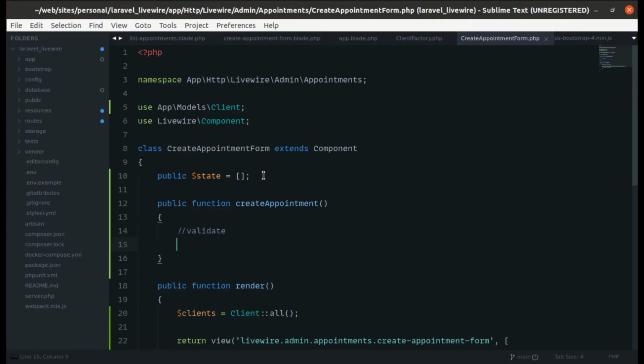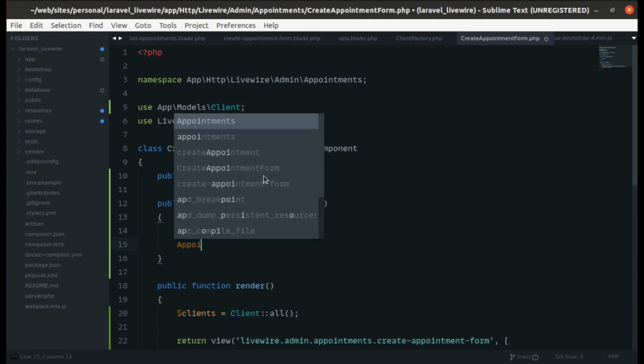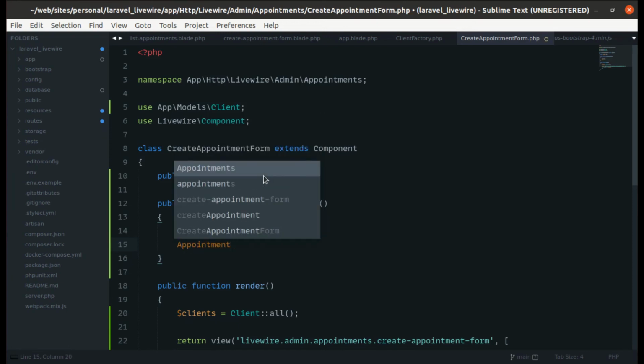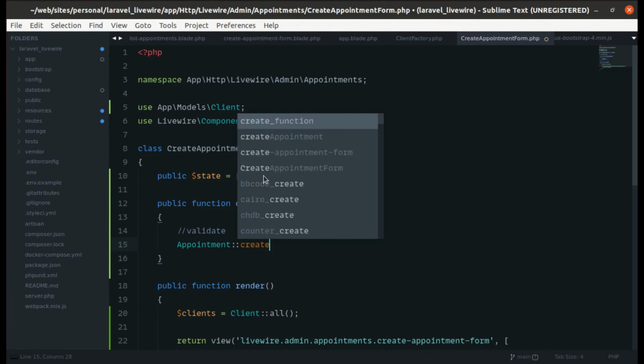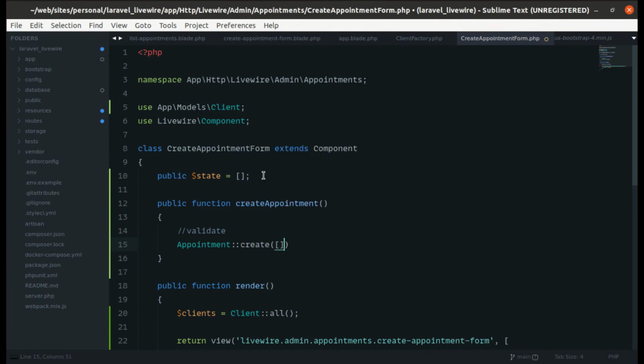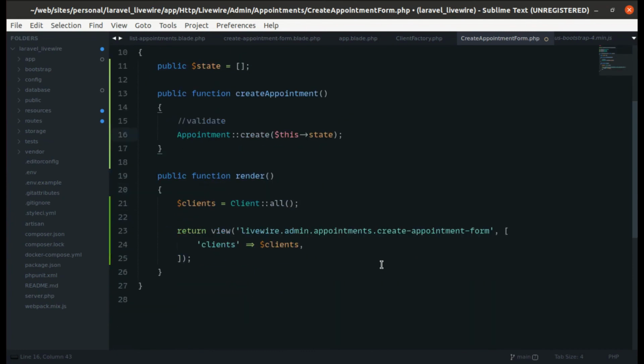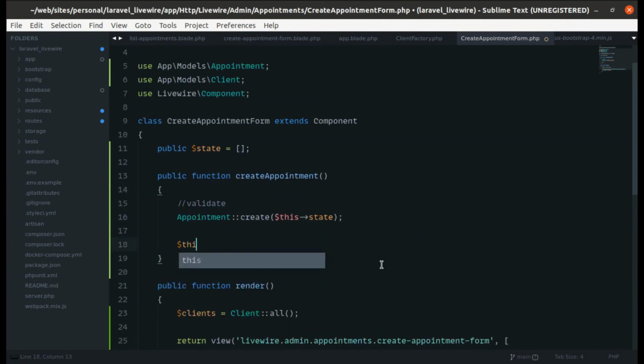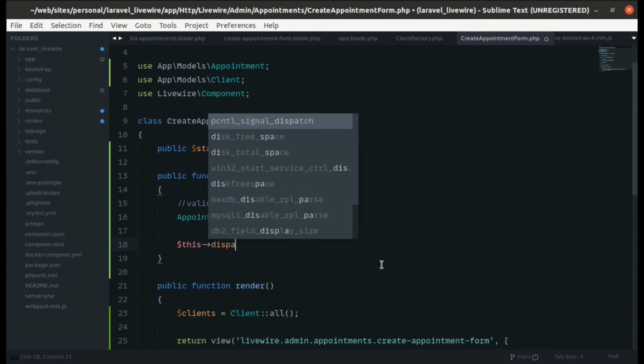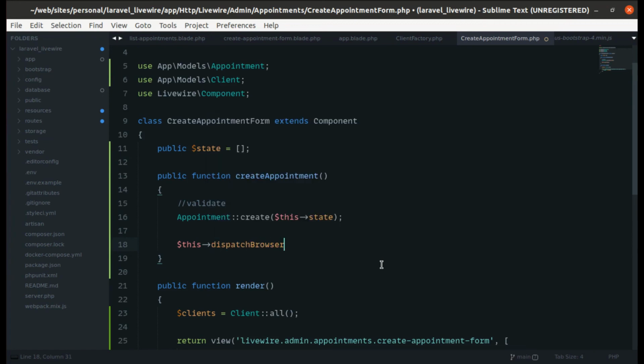So let's do appointment and then create with this state. Okay, so let's pull the namespacing for this, and let's dispatch the browser event when this is created. This dispatch browser event